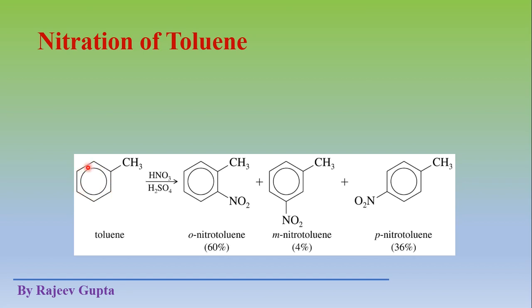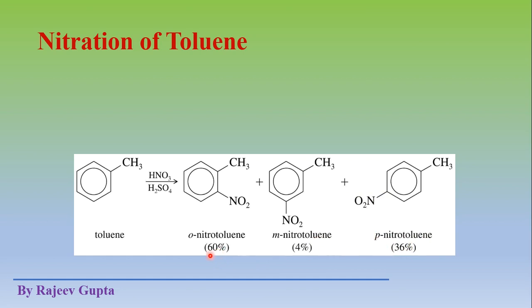So actually we have 3 types of positions or 3 types of sides here. These both types are ortho, so both sides are similar. So here both are meta, these are also same, and 1 para. So 2 ortho, 2 meta, and 1 para sides are available for the substitution. So this is ortho substituted product, which is ortho-nitrotoluene. This is meta substituted product, which is meta-nitrotoluene, and it is para substituted product, which is para-nitrotoluene.